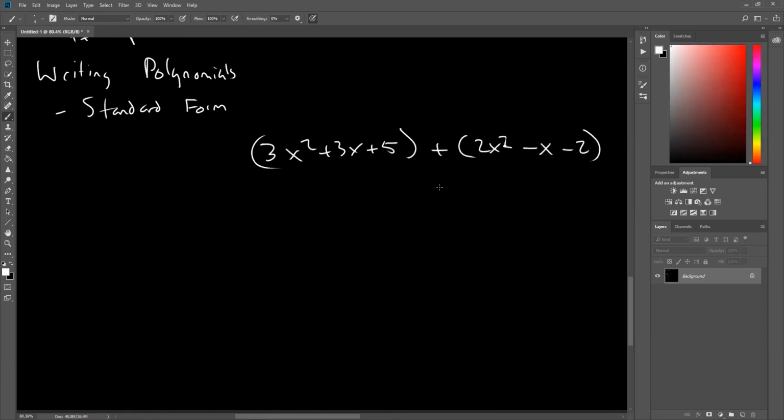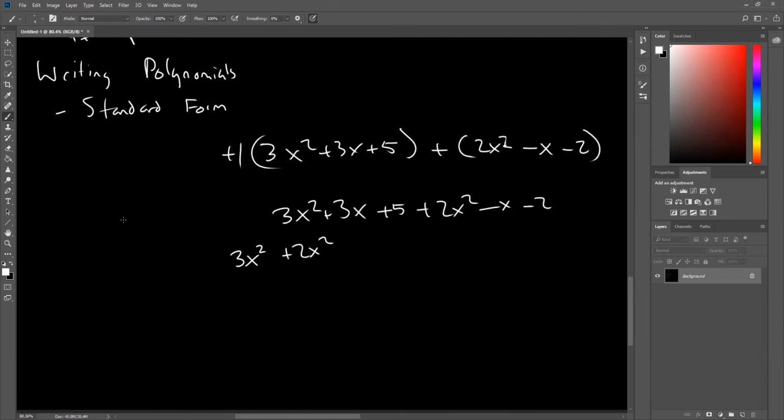All right. Now, since this is a plus sign, we don't need to do any distribution. There's no sign here. We assume it's a +1. So 3x squared plus 3x plus 5, we can remove the parentheses. Same thing here. Distribute the plus sign so it doesn't change anything. And now we can group it together